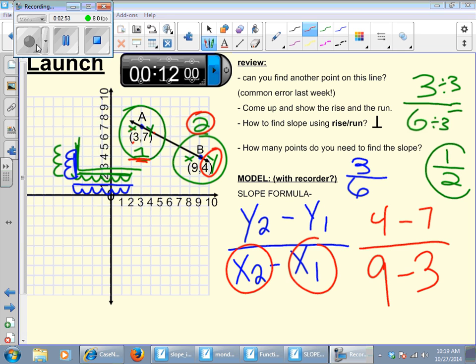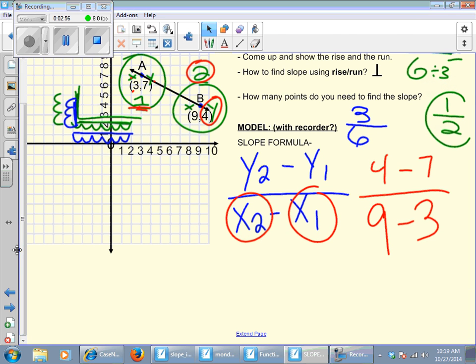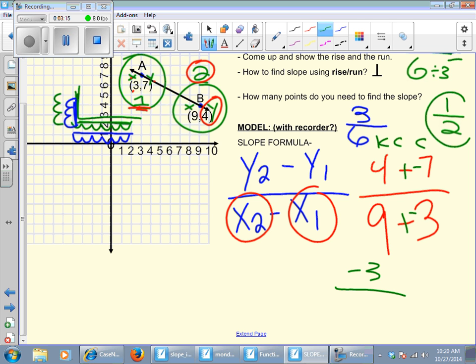So when you're adding and subtracting integers, we use keep, change. So you can make this 4 plus negative 7, and you can make this 9 plus negative 3. And when you're adding with different signs, you subtract and keep the sign of the bigger number. So 7 minus 4 is 3, and the bigger number is 7, so it's minus 3. Over 9 minus 3 is 6, and the bigger number is 9, so it's a positive 6. Does that make sense? Okay, so before